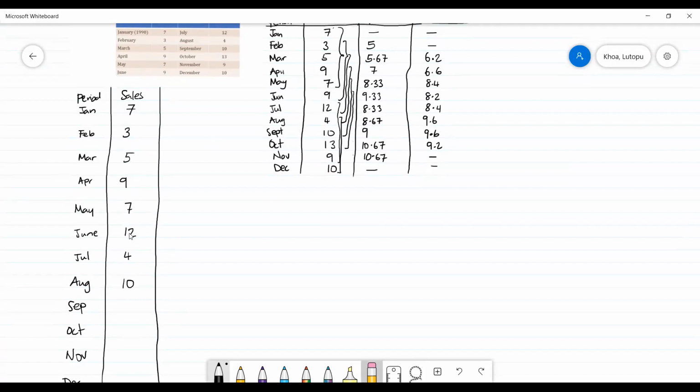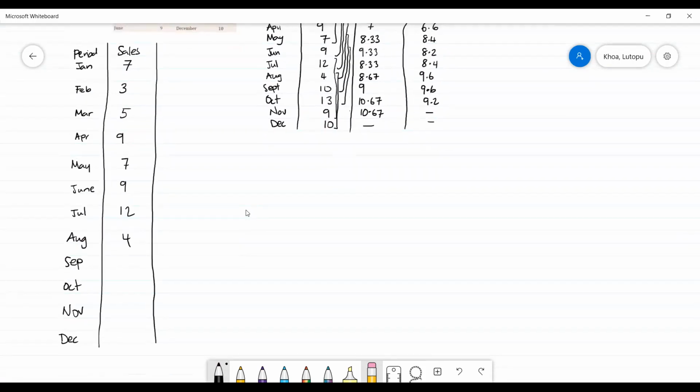Should be 9. 12. 10, 13, 9, and 10. Okay, so we would work out the moving sales average as we did previously, except this